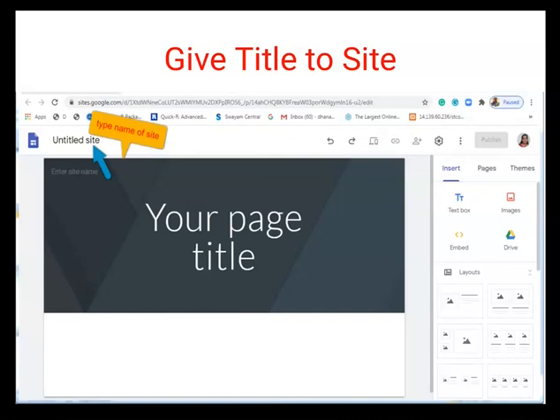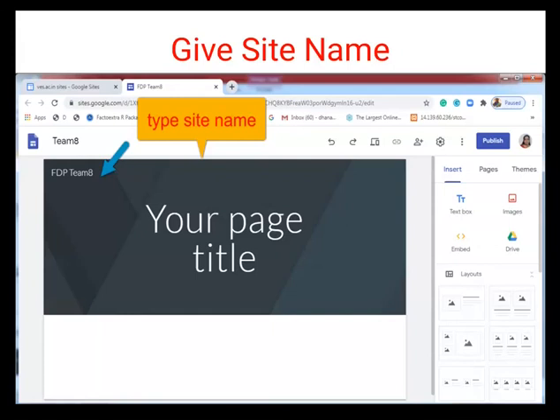Below that untitled site, you can also see "Enter the site name", which is actually the name of the website which we are going to create. So we can add the name of the website, and that completely represents the website we are creating.